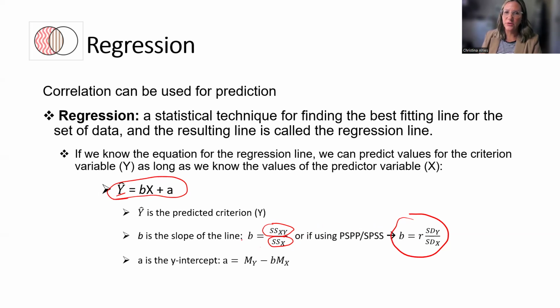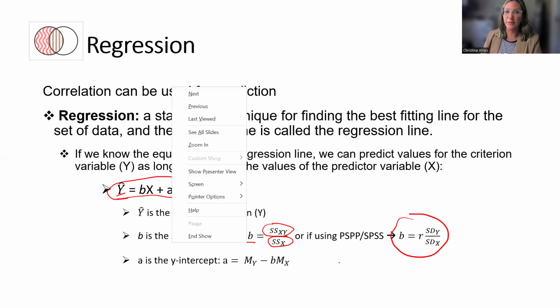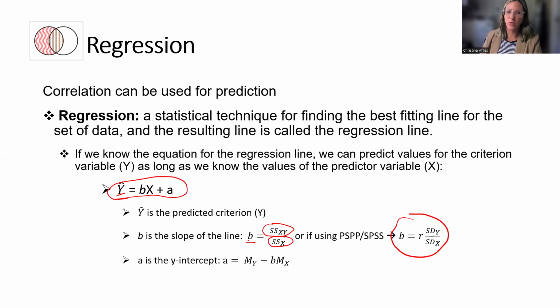So the first thing you do is calculate your slope, which is that b. Once you get your slope, you can plug that in to get the y-intercept, your constant, that a. For that, you would use the mean of y minus the slope times the mean of x. So let's take a look at what this looks